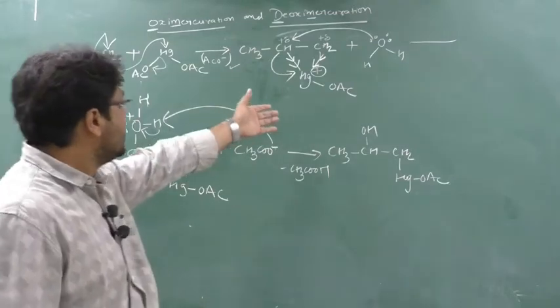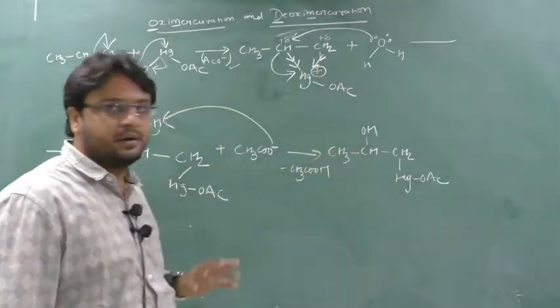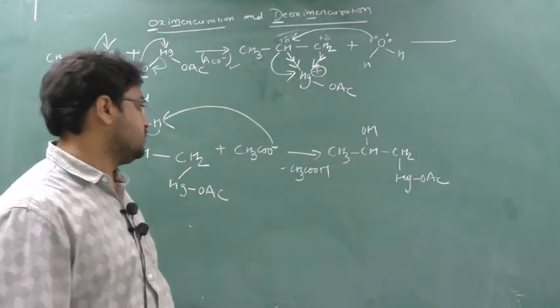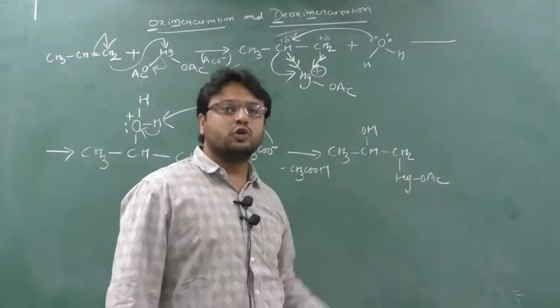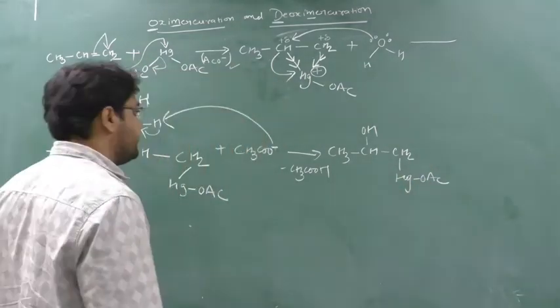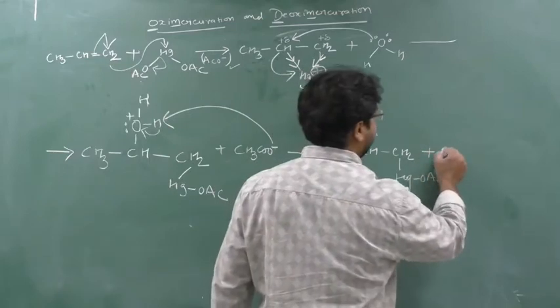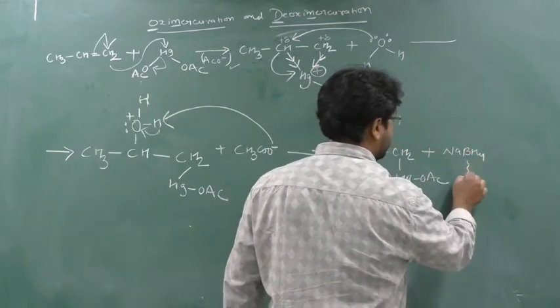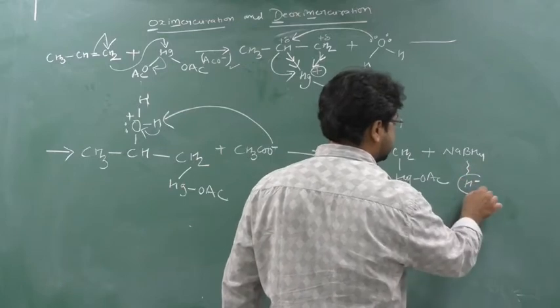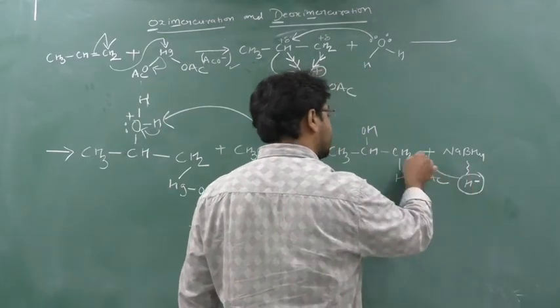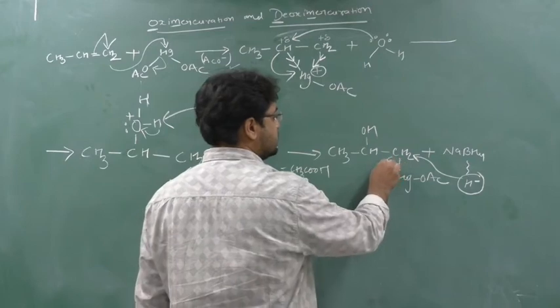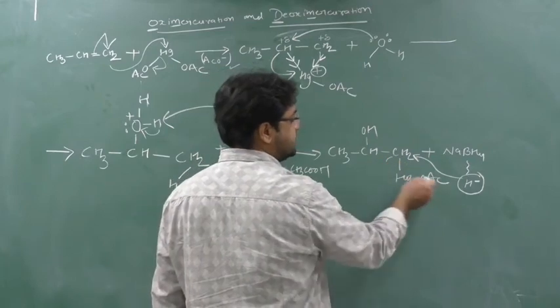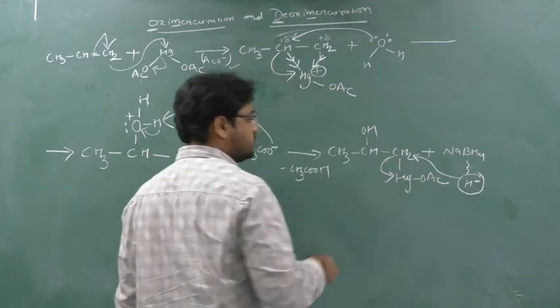So here we have done the oxymercuration. Now the final step is demercuration, which means we have to remove this mercury. Who will help us? Our helping hand is sodium borohydride. This sodium borohydride releases H minus because it is a hydride. This H minus will attack this CH2. So CH2 is making a new bond with this H minus, so it has to release the old bond. So the old bond is released.